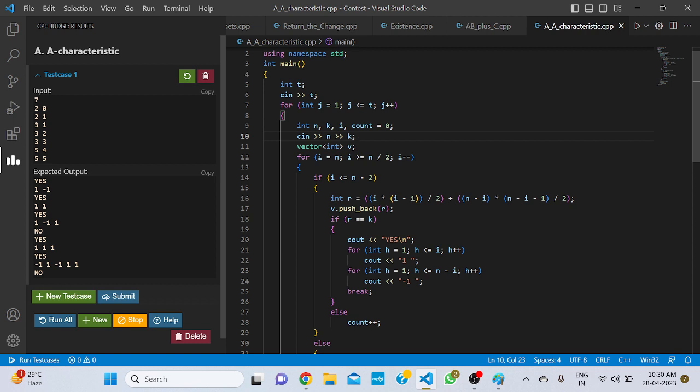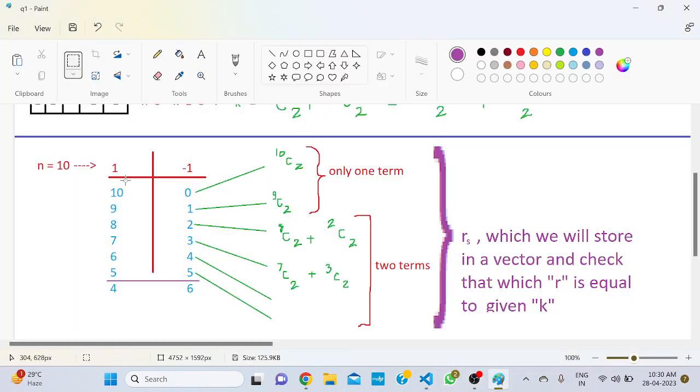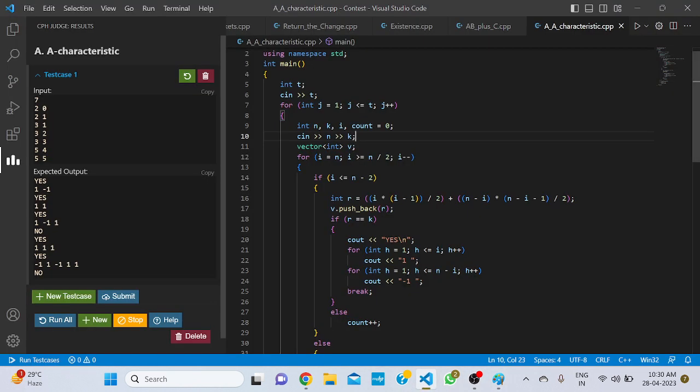Now if i is less than or equal to n minus 2, meaning this one, if this i is less than or equal to n minus 2,